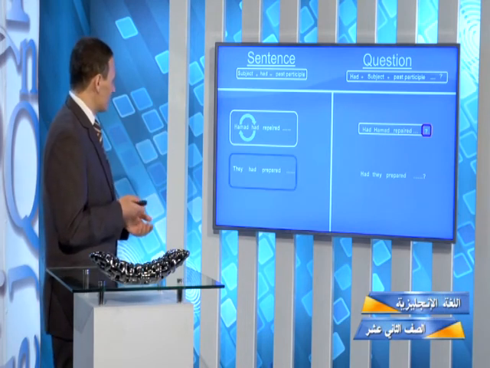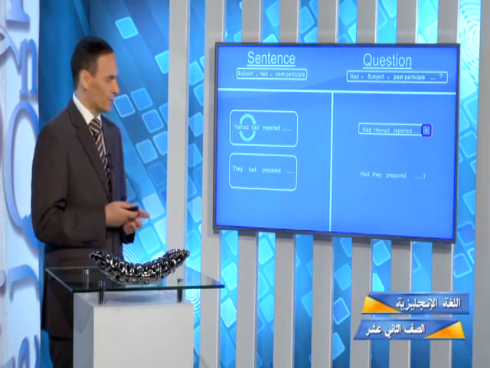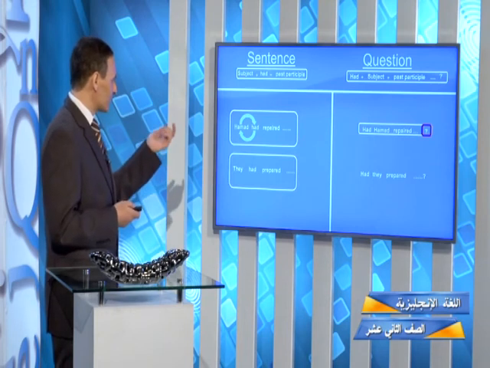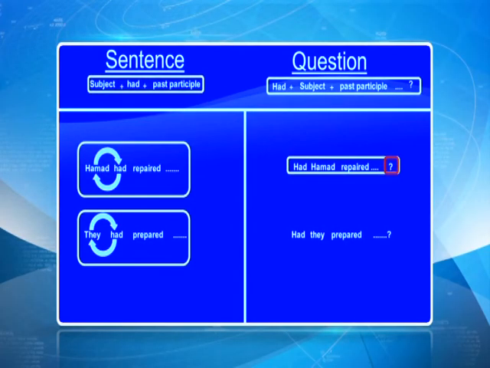Okay, another example, practice further. They had prepared well for the competition, for example. So they had prepared, we have subject and then had prepared in the past perfect tense. If you want to ask a question, then you switch the order of the auxiliary verb and the subject. Now the difference between the first sentence and the second one is that in Hamad had repaired, the subject is a noun, and in the second one, they had prepared, the subject here is a pronoun. Could be he, she, they, or we, or whatever pronoun there is. Okay, so to ask a question, we say,